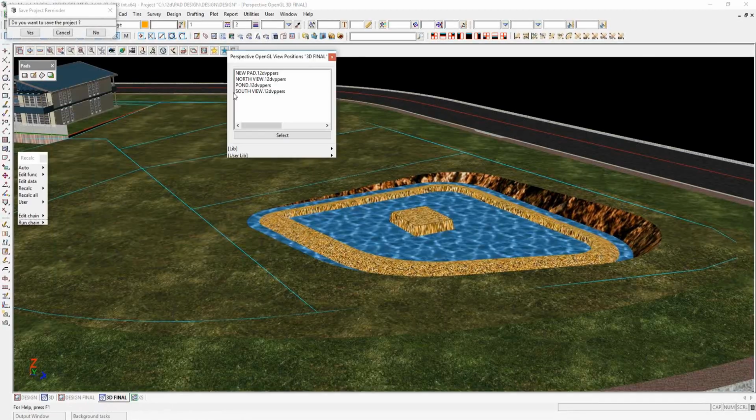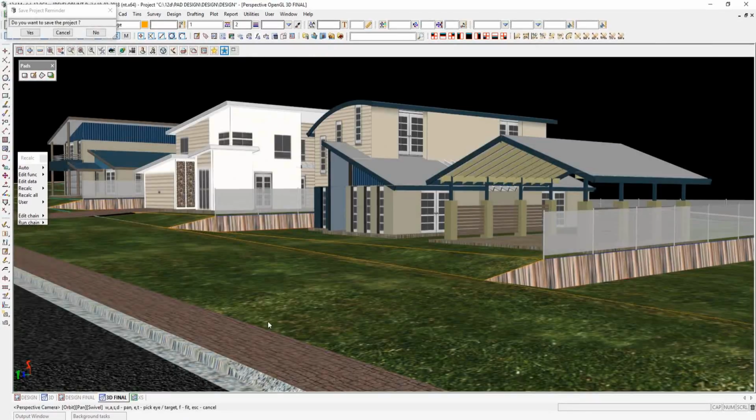So for the pad creation, as I said, it's not a difficult process. It's just learning the tools in relation to the pads, how they interact with each other, and strings, and being able to edit and also work out a way to be able to interface with the existing. This is just a process that I adopted, and it seems to work quite well. So that just about brings it to the end of the pad. It wasn't a very long webinar for you, but as I said, it's very simple options, and makes it quite easy to